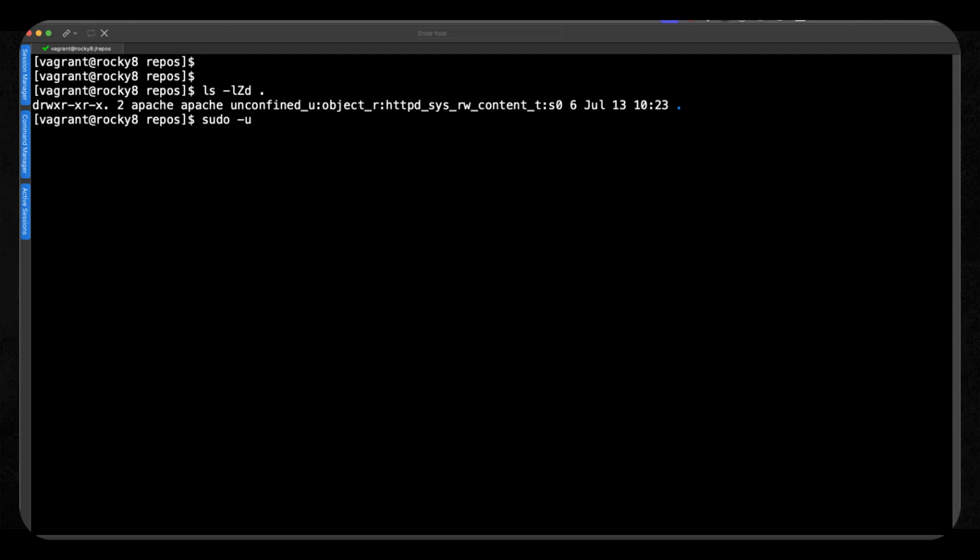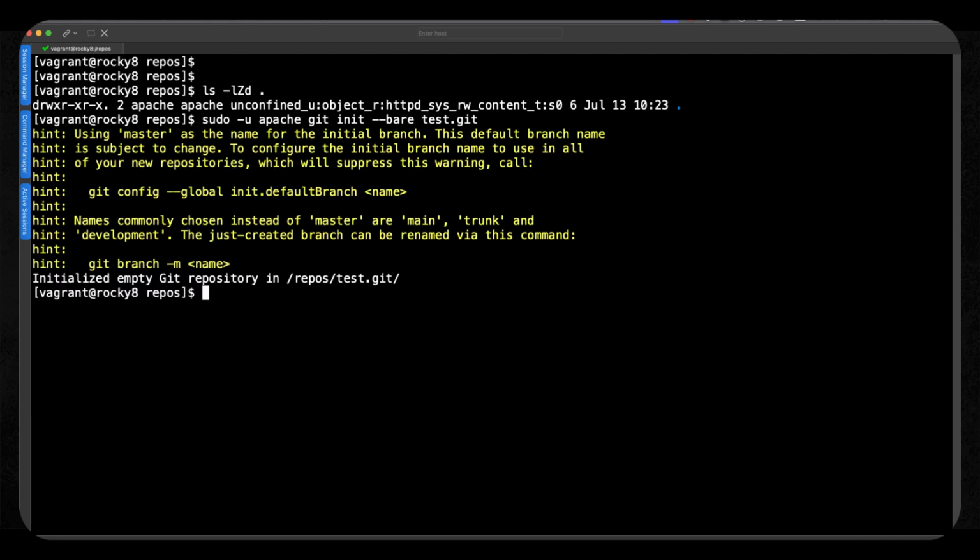We can then run sudo, but changing through to my Apache user, I'm going to create a new repository. So git init, and then --bare, so it can be seen to be empty, and then test.git. So that's then the new repository created.